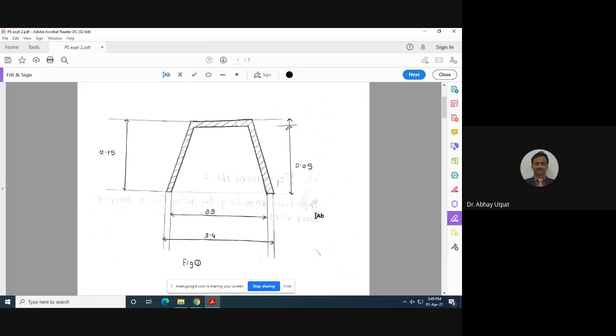Now, for this cap, we want to design an injection mold. Our first assumption is that the taper is neglected. Because if we consider taper, we are not going to follow a very simple design of the mold with basic design parameters. In detail, there is no such design as far as your syllabus is concerned. But in actual practice, you have to consider this taper.